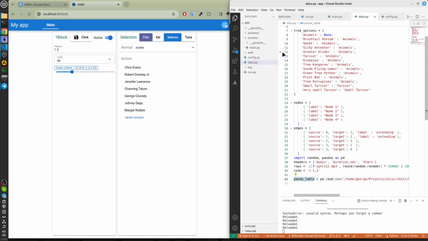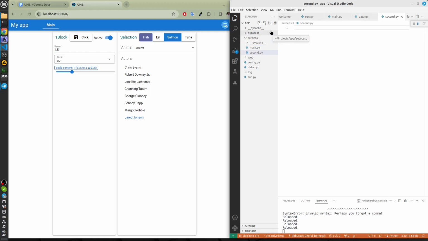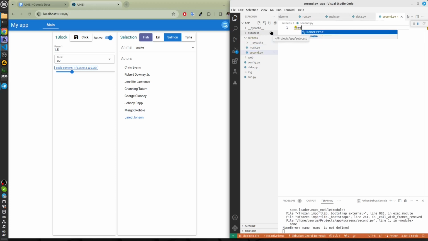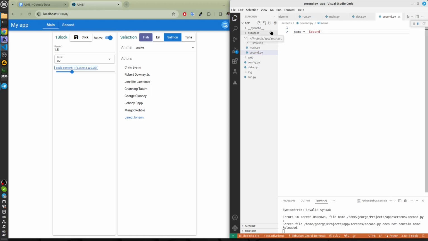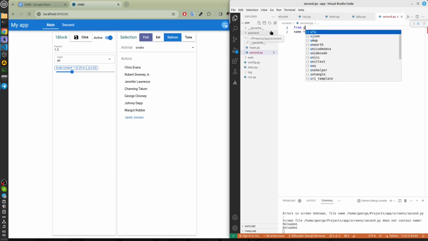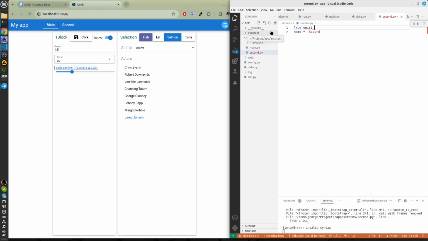Let's add a screen to our screens folder. Add a screen. Call it second. Go to the screens folder. Write name equals name second, and import from Unicy. Import block.